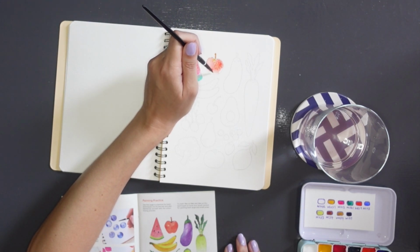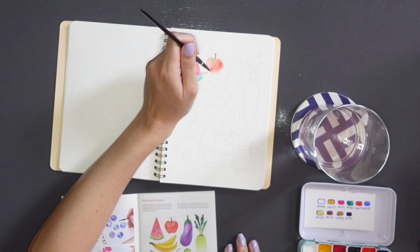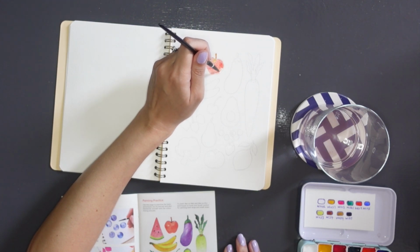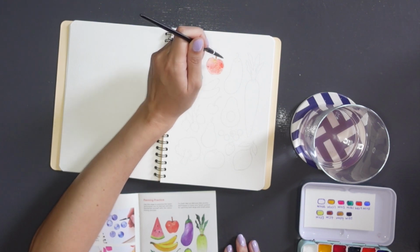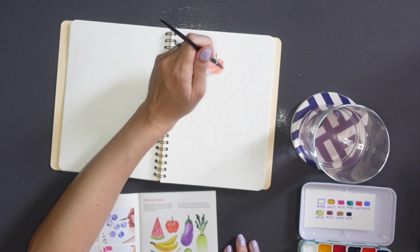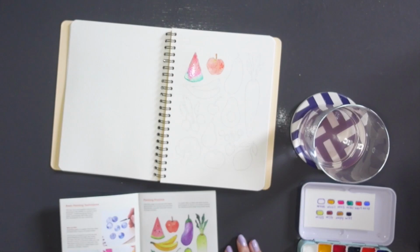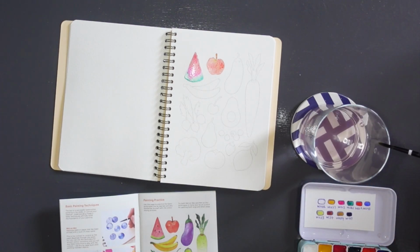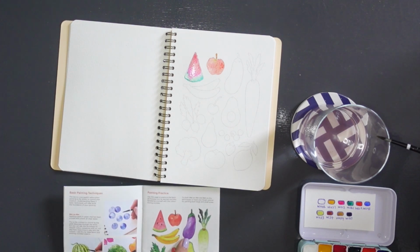But I think this apple's turning out pretty good. I like how the yellow is kind of mixing in with the red. I think it looks really nice. Okay, let's try and get these within the lines. It's kind of hard to do that too. Like, I don't know. Just need more practice with watercolor, I guess. Very careful. Go as slow as you want to. I think this one turned out pretty good too, actually. I'm really liking this set that I got. Enjoying it a lot. There we go. Oh, that looks pretty. I might just leave it like that, actually. It's nice. Okay, shall we try the purple eggplant